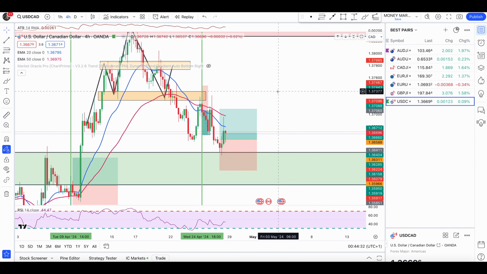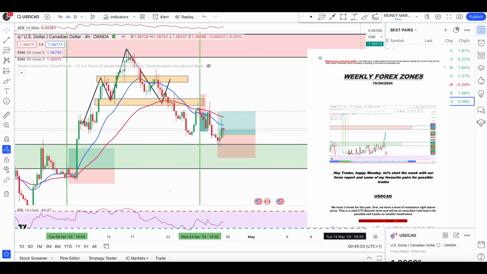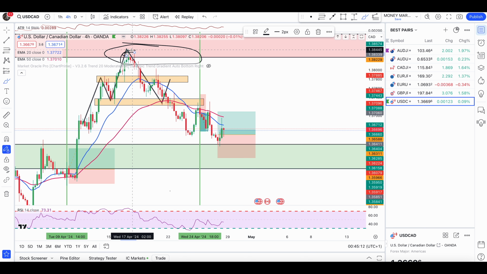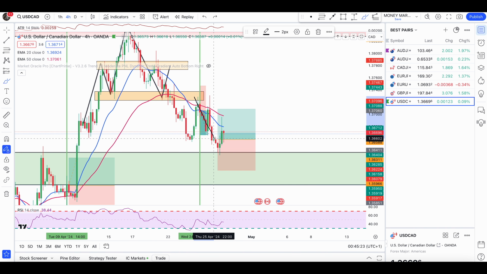This trade was sent to the members right here, and that was one of the winning trades, a nice pullback entry, and we had sent the zones to my members in previous reports, and price played out nicely from this zone, pulled back down, broke below, retested the anchor level, formed a bearish signal below 50 EMA. All the rules are checked, and that is how we take our trade below 50 EMA